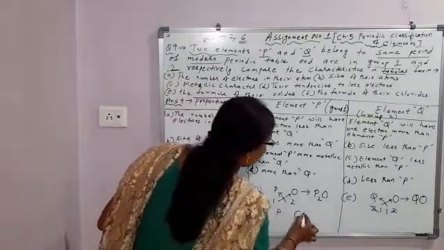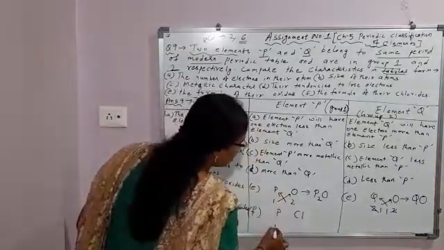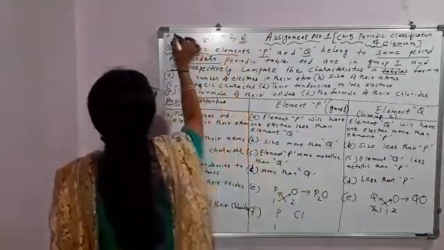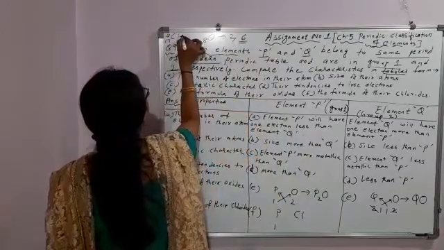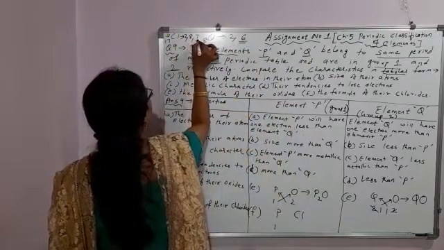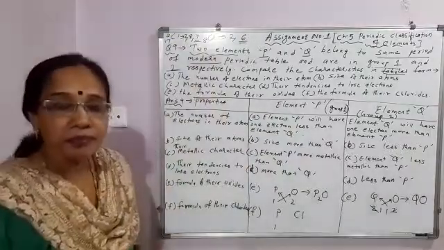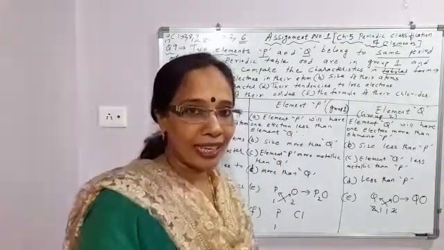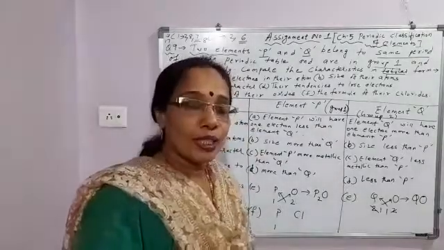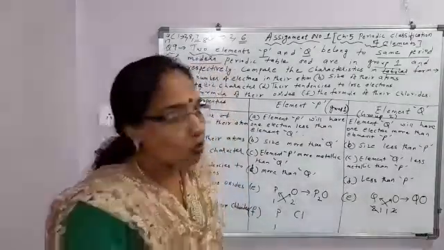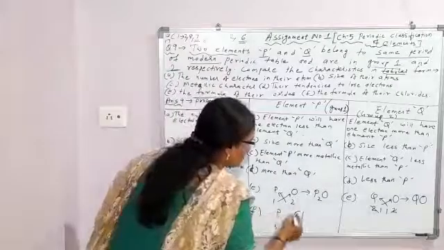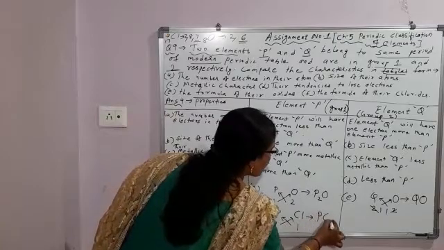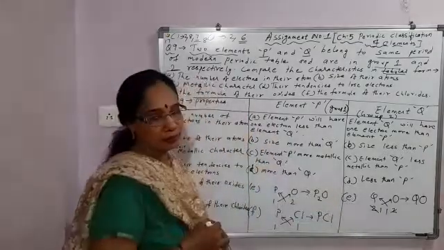Okay. Next, formula of their chlorides, meaning P with Cl. And P valency is 1 because it belongs to group 1, you know. Chlorine, what is the atomic number? 17. So configuration 2, 8, 7. Outermost how many? 7. What will it do to attain the electronic configuration of its nearest noble gas? It will gain 1 electron. So how many electrons is it gaining? 1. So what is the valency for chlorine? 1. Now cross multiply. What will you get? PCl. You will not write P1Cl1.